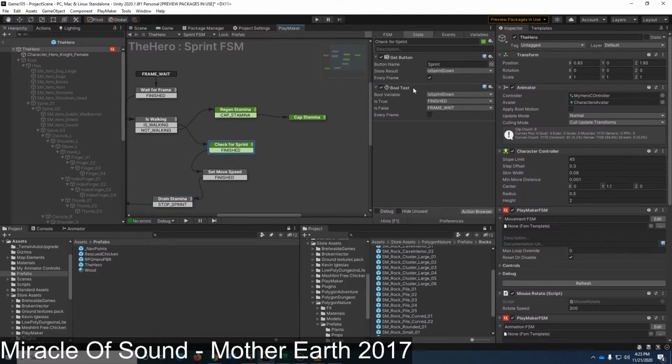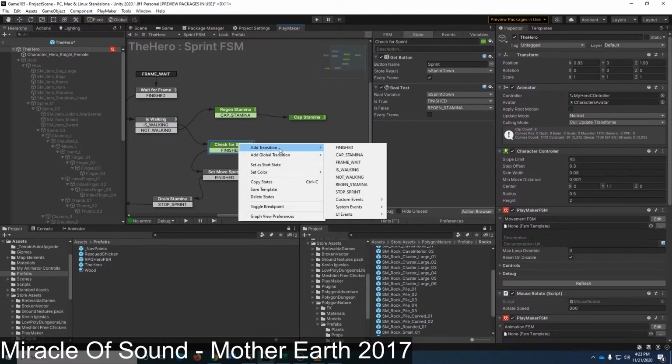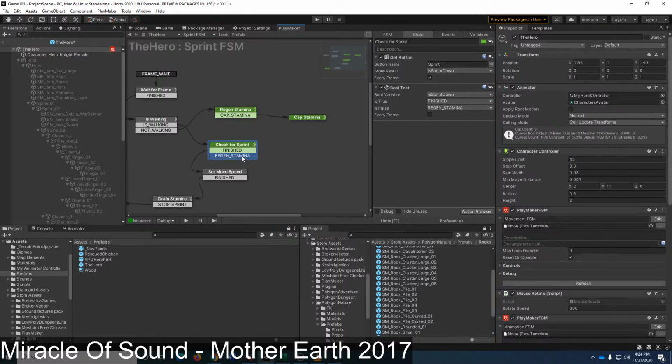So instead of doing frame rate here, let's do a new event. Regen stamina. That'll go up to there.